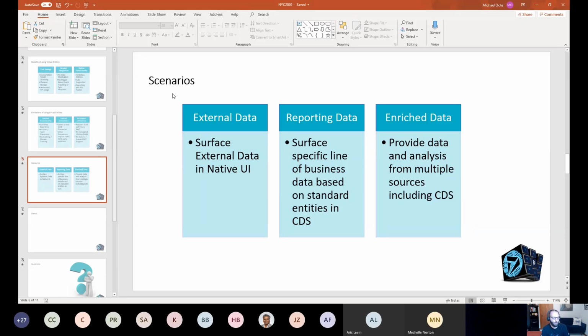So what we're going to look at today, since we've got mostly low code, pro code folks online, is we're going to actually look at some of the source code for a custom virtual entity provider. We're also going to look at a kind of plug and play virtual entity data provider. And primarily, we're going to look at a SQL based virtual entity provider,